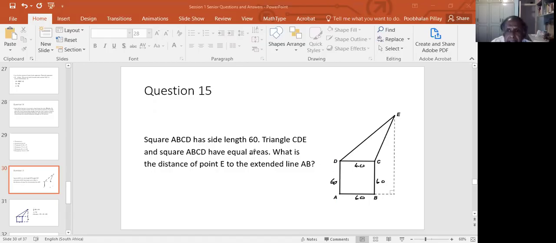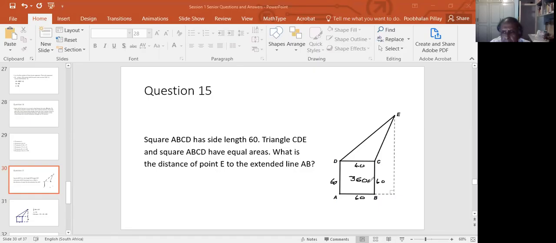And then a triangle CDE is drawn. Oh, you got CD and you got E up there, but they got equal areas. The area of this is equal to the area of this. Okay, this area here we already know because it's a square with side 60. So its area is